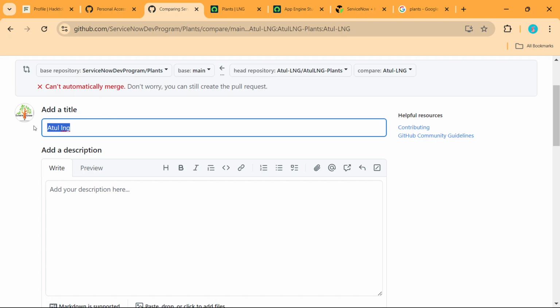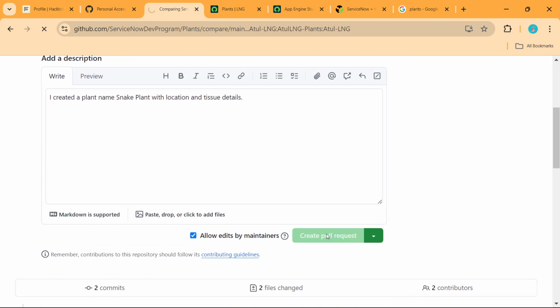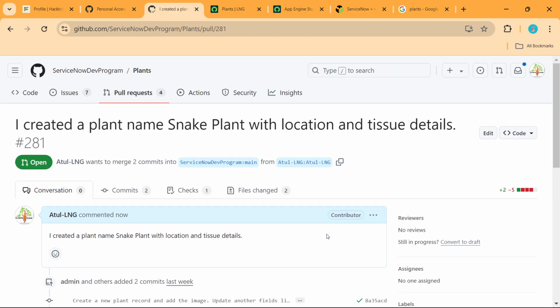Here you have to give a proper naming convention. If you are not giving the right title and the right description, it can be rejected by the approvers when they are going to commit your changes in the main repository. So I can just put it here for the sample and create pull request. My pull request has been done. Now it will go to the ServiceNow people, the approvers, and they will approve, and you will get an email once this has been merged in the main repository. That is the one thing which I want everybody to do.